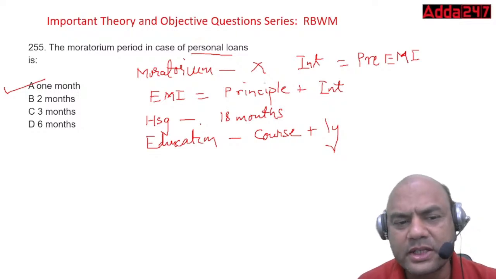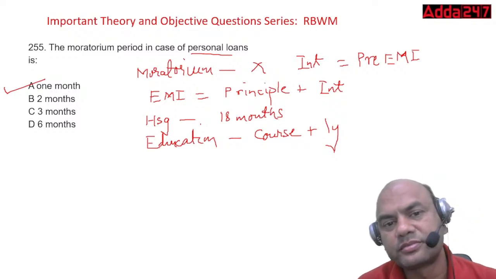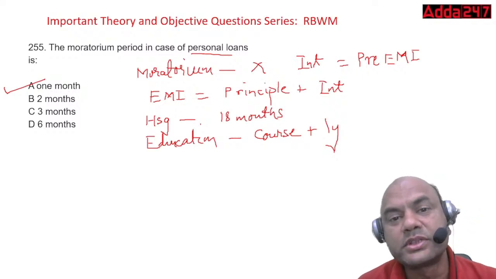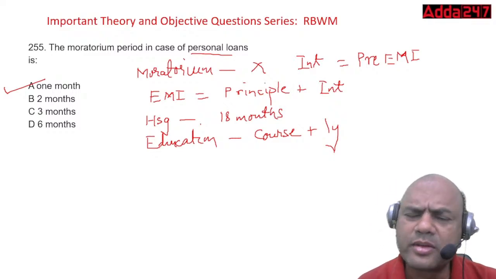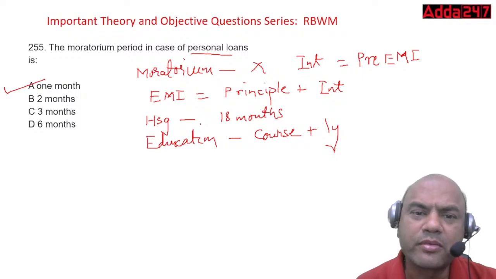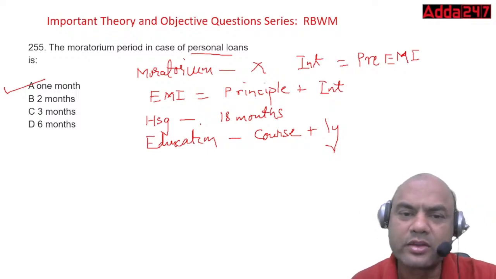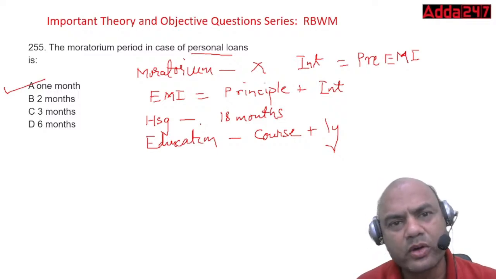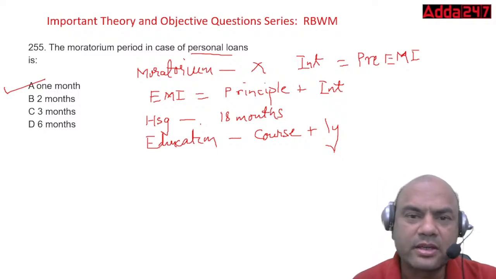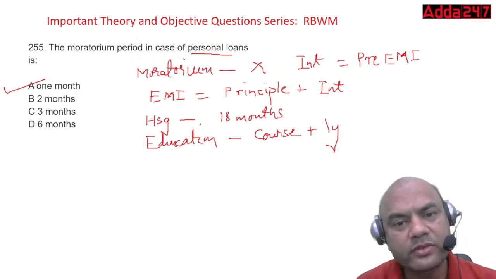Which all other loans have a moratorium period of 1 month? Other loans. Second-hand housing. Moratorium period is again 1 month. Why? Because it's already prepared. The house is already constructed. So you need to just disburse the loan and start the EMI, right? There also you have car loan, 1 month moratorium. All these are zero moratoriums. But for the exam, if the question comes and you have to answer between these only, then you have to answer 1 month. Okay.